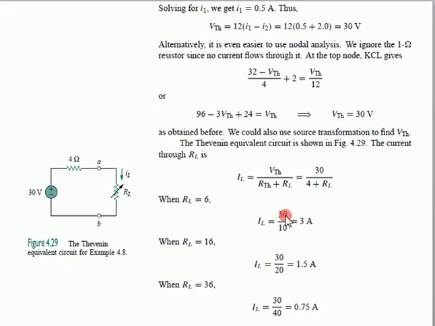So that's how we can get the different values of IL having different resistors. So here you see there is a complex circuit, and we have first of all simplified it, and after that we get the required values. You also check one thing: as the value of load resistor is increasing, the value of load current is decreasing, as both are having an inverse relationship. That's why when the resistance is high, then the current will be low, and if the resistance is low, then the current will be high.